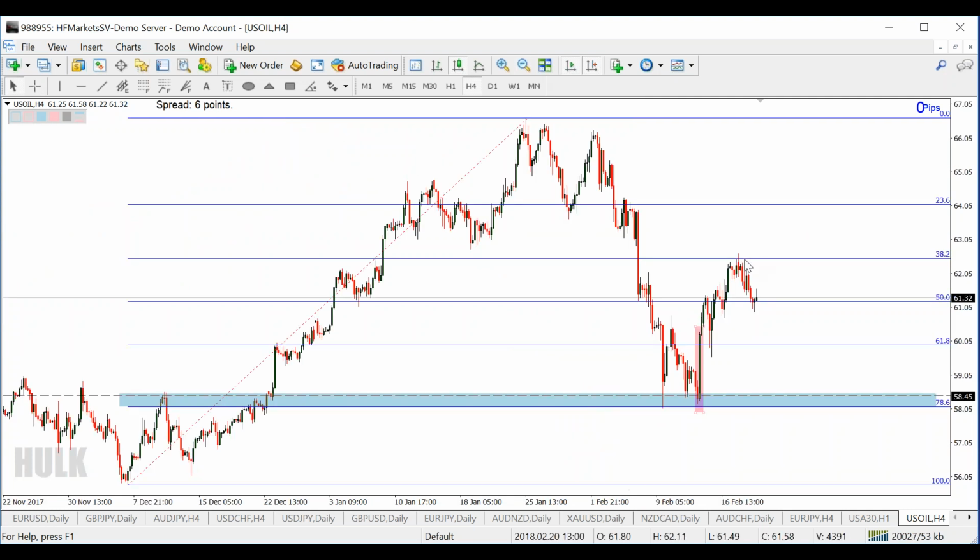But why is the stop here? Because here also you have a support resistance area. Here, the resistance. But why is the stop here? 50%. Some say this is the 50% ratio. But if you look here, this is the support area. Right?